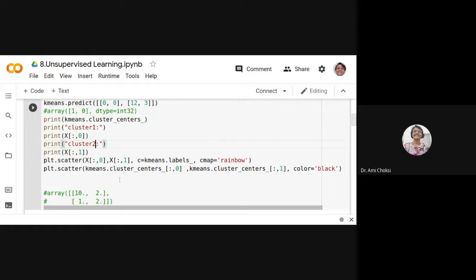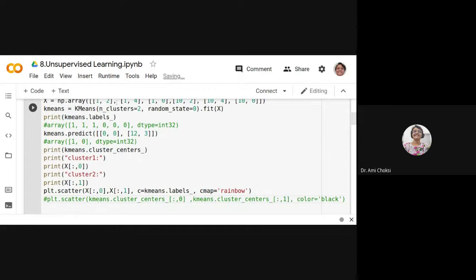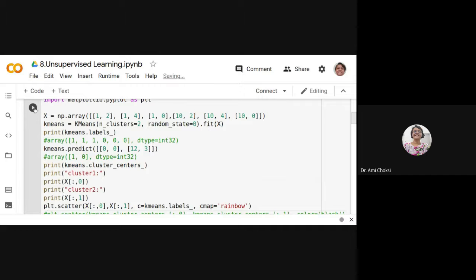Now we want to have the scatter plot for this. So what we do is, let me show you one by one. This will draw the clusters, and after that, with the code I have commented, we can show the centers with different colors, right? Here let me show you this by running what it does.